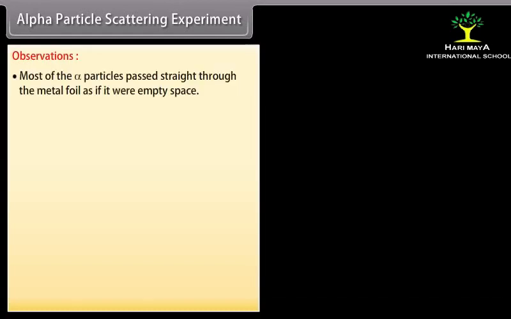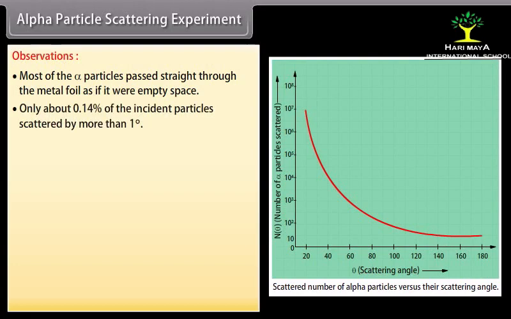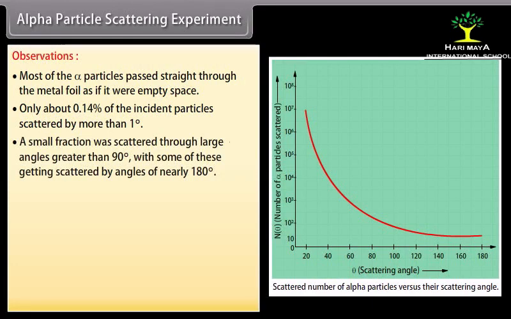Observations. Most of the alpha particles passed straight through the metal foil as if it were empty space. Only about 0.14% of the incident particles scattered by more than 1 degree. A small fraction were scattered through large angles greater than 90 degrees,